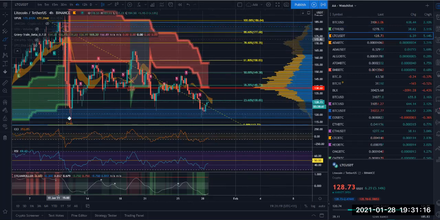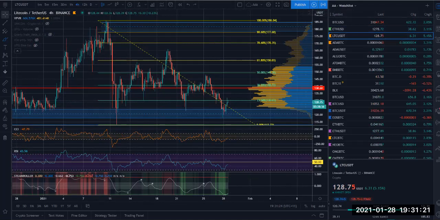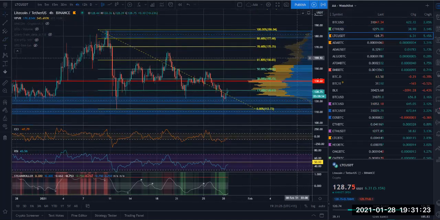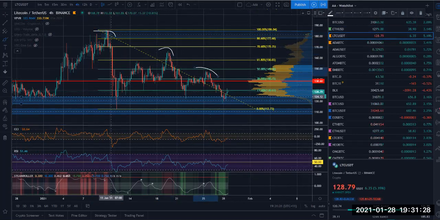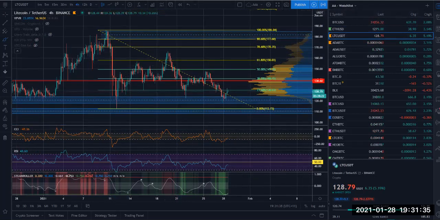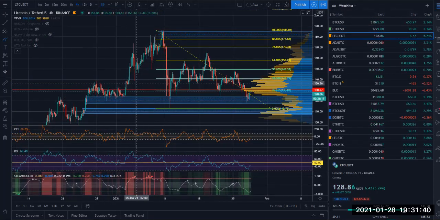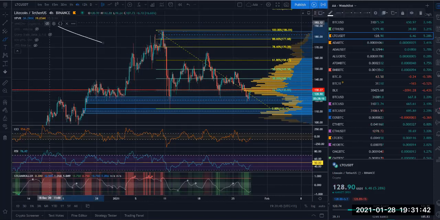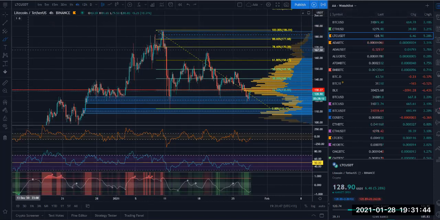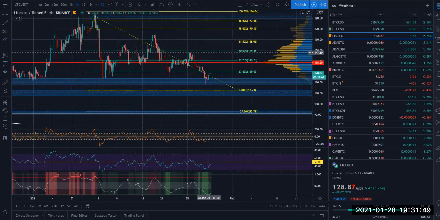LTC. Ooh, how I love LTC, my favorite. I'm still very bullish on LTC in 2020. There is no two ways about that. Again, though, not looking ideal for LTC at the moment, which typically would follow in the footsteps of BTC, as it often does. So we've hit this level now, a little bit more significant level of demand, but we've hit it a couple of times now, and I'd say the strength of anything holding there at the moment is dwindling quite a bit right now.